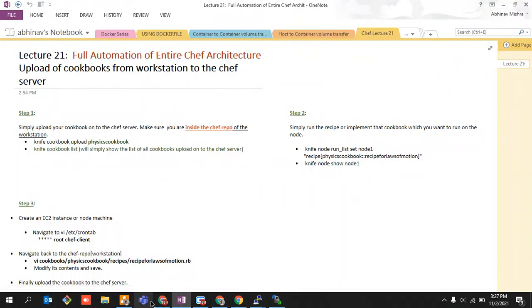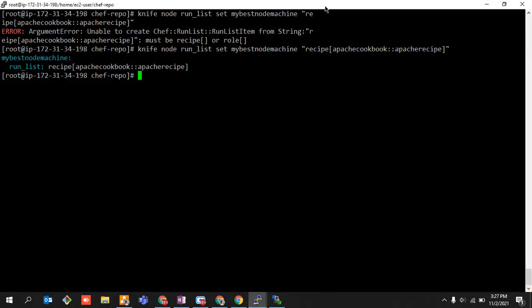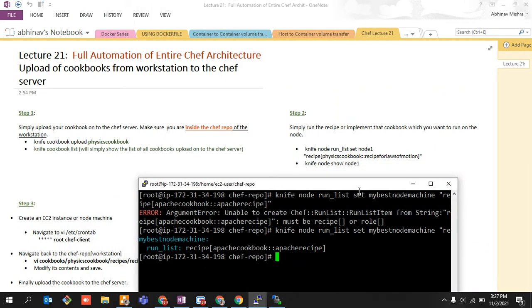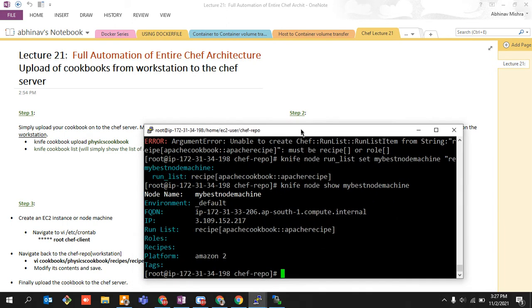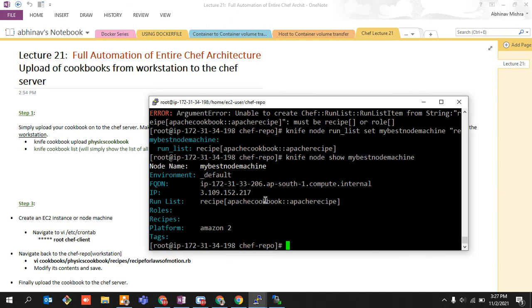First you need to run this particular command, knife node show my best node machine. That is the name of your node machine. Yeah, so it got added. If you want to check it from the terminal, you can use that particular command. But we have already checked it via the chef server, right?